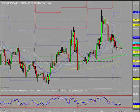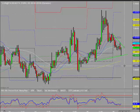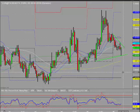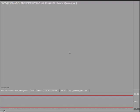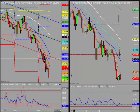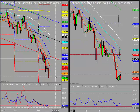Maybe a big ask for it to push all the way back up to the highs there, but there's a possibility. Alternatively, on any break of this lower trend, I'll be looking at the S1, and last week some of the intraday lows there. There's a possibility, even back to the weekly pivot. Bit mixed though overall. Cable's obviously selling off at the moment, continuing in that route pretty cleanly through